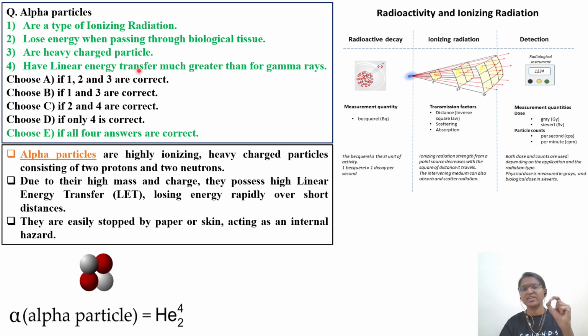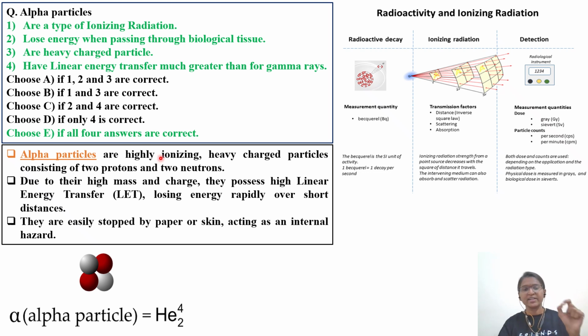Alpha particles have linear energy transfer. This LET concept is very, very important. I have given the definition of LET in one of my videos. The LET is much greater than that of gamma rays. So whenever you're reading about alpha particles, you have to read alpha particles, beta particles as well as gamma rays; you have to read the comparison. We'll quickly go through the important concepts. The right answer will be in green text, that is, all four characteristic features are applicable to alpha particles. Now we'll try to read what concepts we can learn with respect to alpha particles.